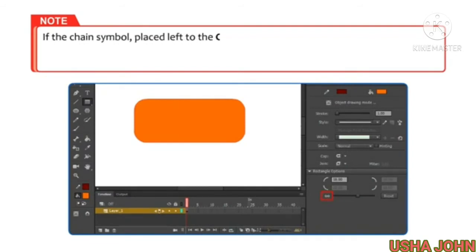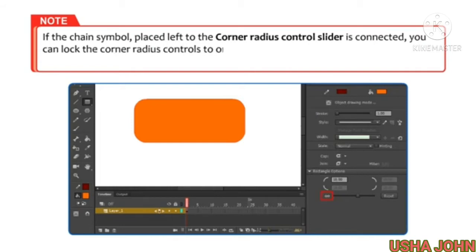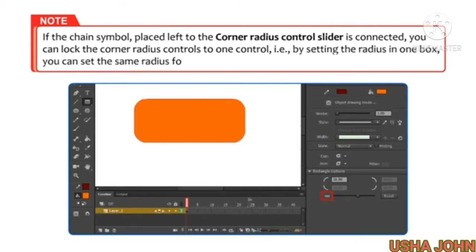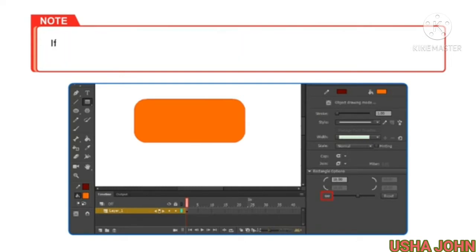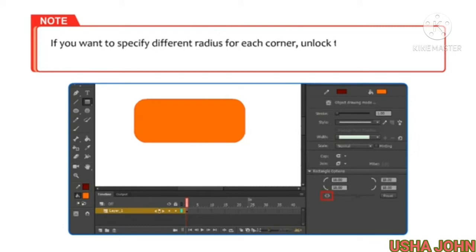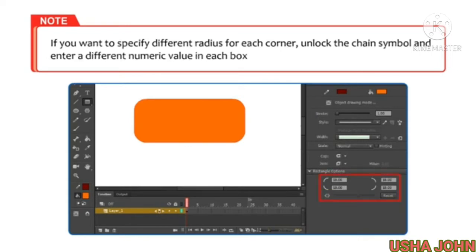Note, if the chain symbol placed left to the corner radius control slider is connected, you can lock the corner radius controls to one control. Example, by setting the radius in one box, you can set the same radius for all the corners. If you want to specify different radius for each corner, unlock the chain symbol and enter a different numeric value